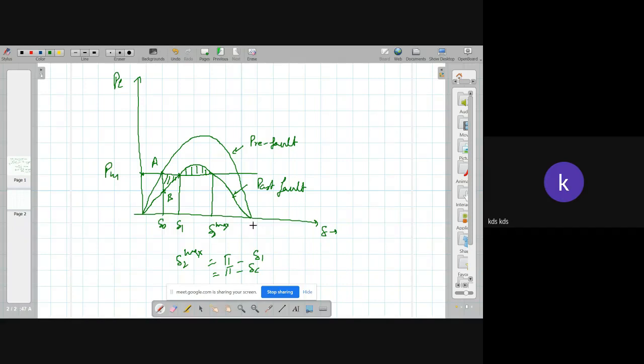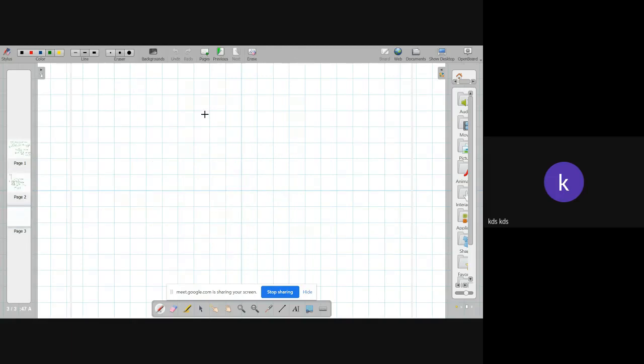Then we are considering certain cases when there happens to be a sudden short circuit on one of the parallel lines. So the next case is that, and based on this case, I will give you one assignment so that you have to solve. So, sudden short circuit of one parallel line.